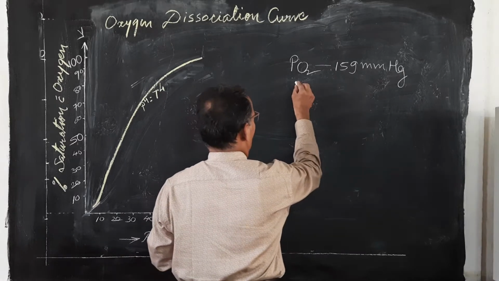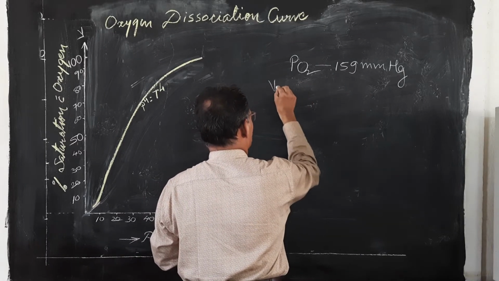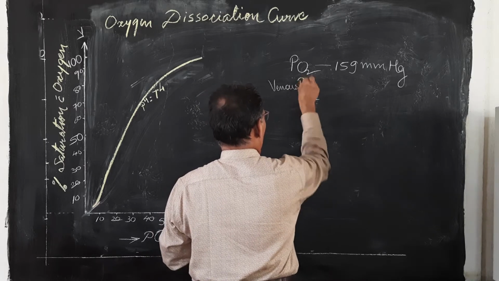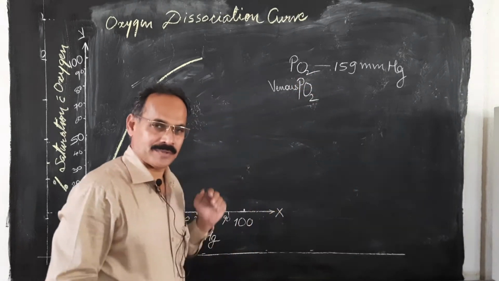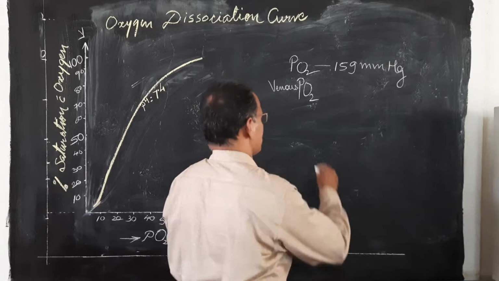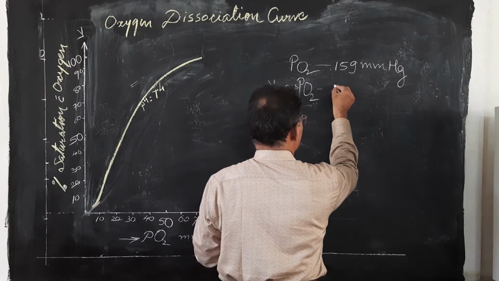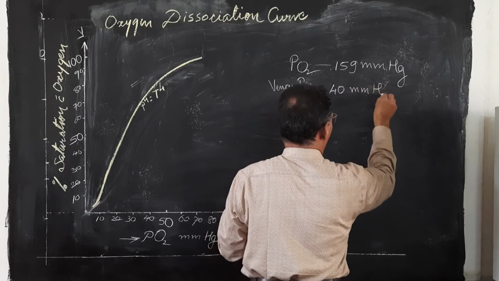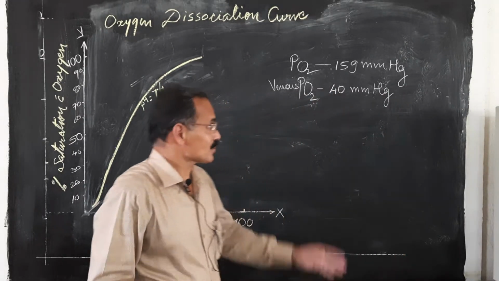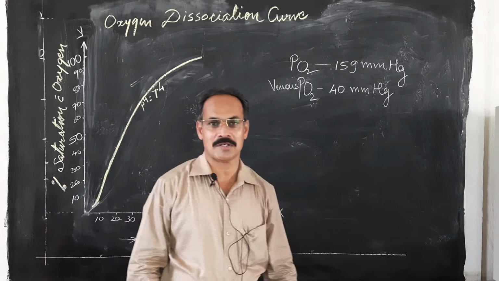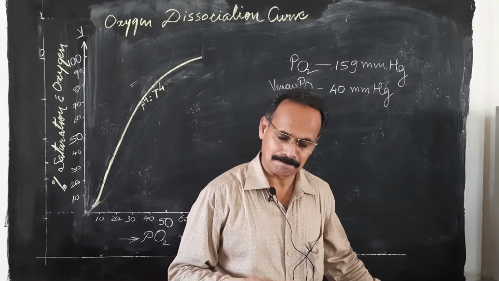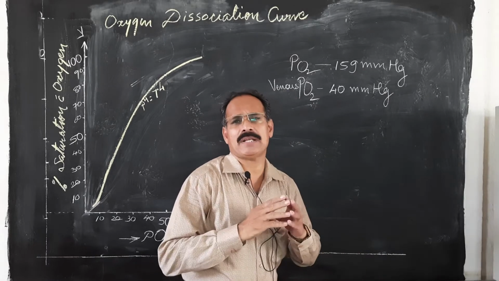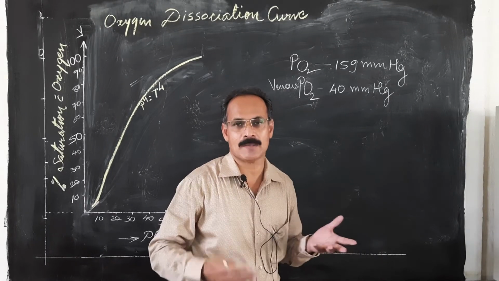And what about the partial pressure in venous blood, which comes into the capillaries of alveoli? It is about 30 to 40 millimeter of mercury. So there is a tremendous difference in pressure. Due to this differential gradient, simple diffusion takes place, and by the process of diffusion,